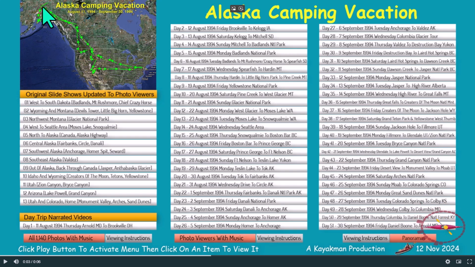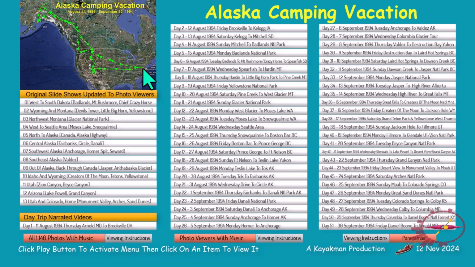From there I went up to Circle, Alaska, which is the furthest north you could drive at the time. Then back south through Anchorage, down to Homer, over to Valdez, then back out of Alaska, back through Canada, and then down through the southwest United States, visiting a lot of our national parks, including the Grand Canyon, and then a shot back to the East Coast.